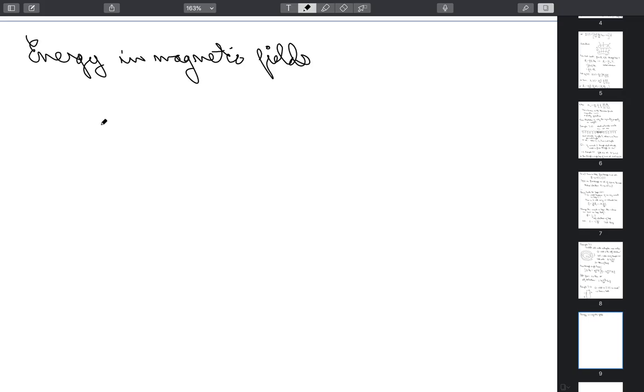So how does that go? You remember that the power in a circuit is voltage times current. So the power is really the differential amount of work done per unit time. And in our case, voltage is just minus the EMF, because the EMF just represents the kind of voltage you have to work against when you try to pump up additional current. So we multiply this by the current. And now using the formula for the self-inductance that we have, this just becomes L times I times dI